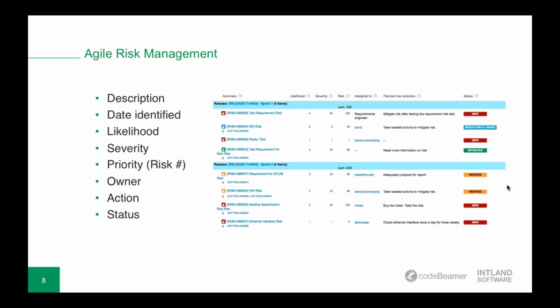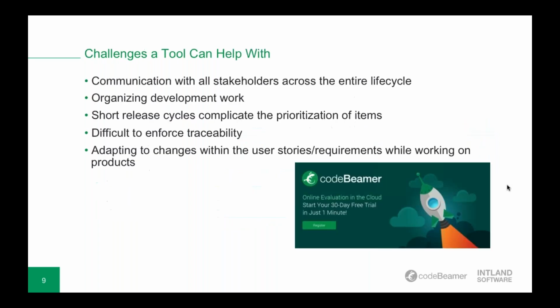And adopting a few risk management techniques can prove critical to project success, particularly in high-risk projects, as I've already mentioned. So that's basically the theoretical part. The last part I want to talk about is a few challenges that arise just with Agile in general, and what you can face in QA and Agile. And all of these are something that a tool can help you with.